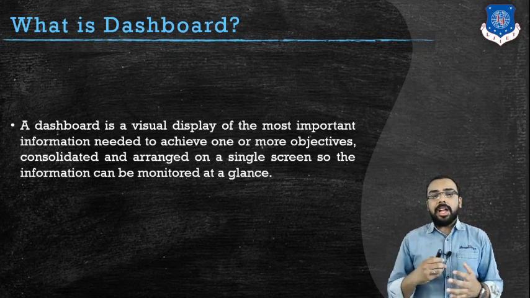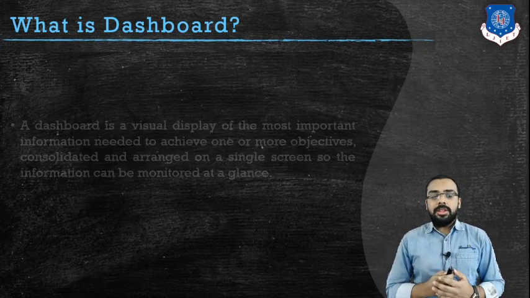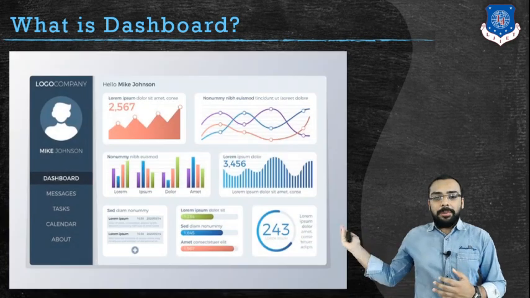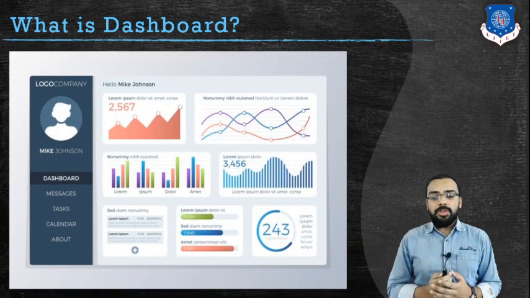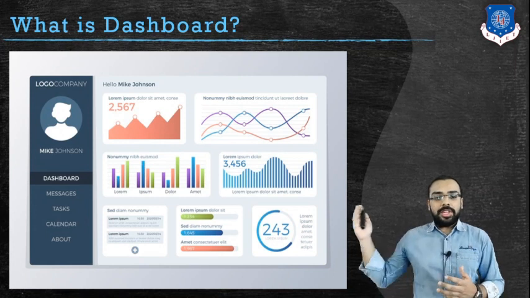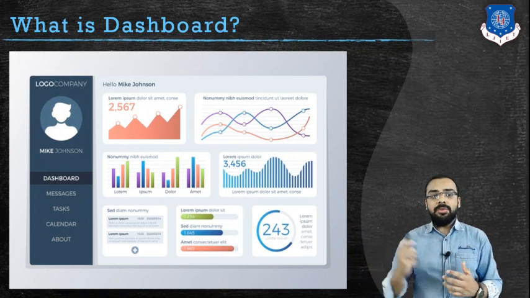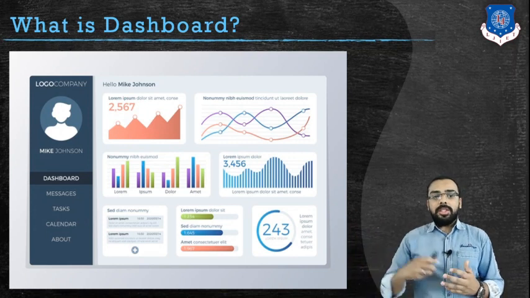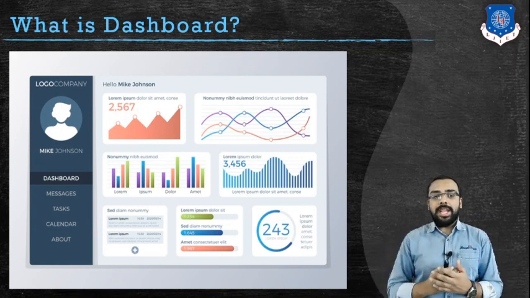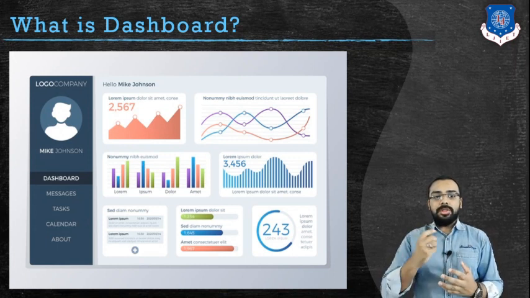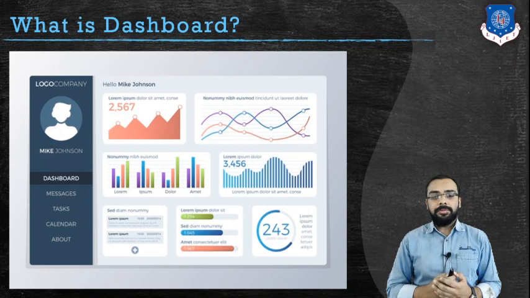The next thing is how a dashboard looks like. So the given figure depicts a simple dashboard. What you can see in this particular dashboard, on the left hand side corner you can see there is a company logo and there is a menu button to it. On the right hand side you can see there are different charts which are arranged in a simple and lucid manner that conveys the data to the end users.